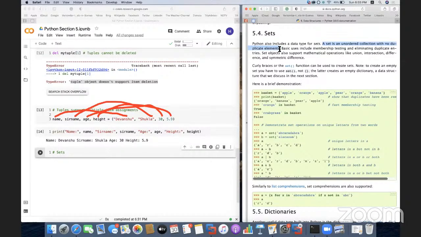Whenever you land in a condition where your data has multiple duplicates, and you want to quickly remove those duplicates, what we do is quickly save the data into a set, and it automatically removes the unwanted or duplicate values. So basic uses include membership testing and eliminating duplicate entries. These are the two main